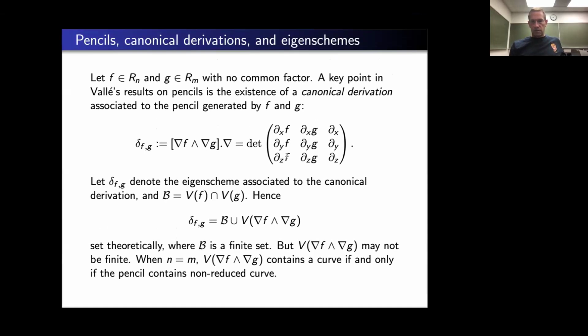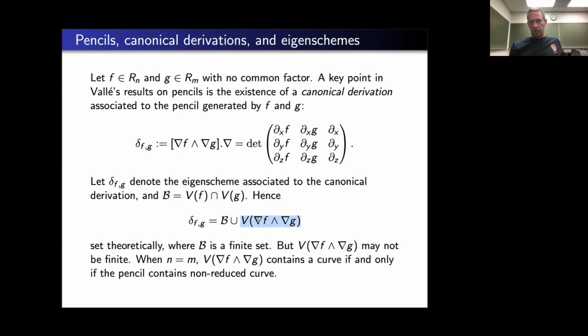So we have this canonical derivation that's associated to a pencil, and then we have an eigenscheme that's going to be related to this canonical derivation, because this derivation has coefficients. What are the coefficients? The p_i's are going to be the 2 by 2 minors of this matrix over here. So if I take this submatrix and take the 2 by 2 minors, those give me an eigenscheme. And then what turns out to be the case is that eigenscheme can be written as the base locus, right? So f and g were a complete intersection, so this B is going to be a 0-dimensional subscheme, and that, again, is because f and g had no common factor, union with this